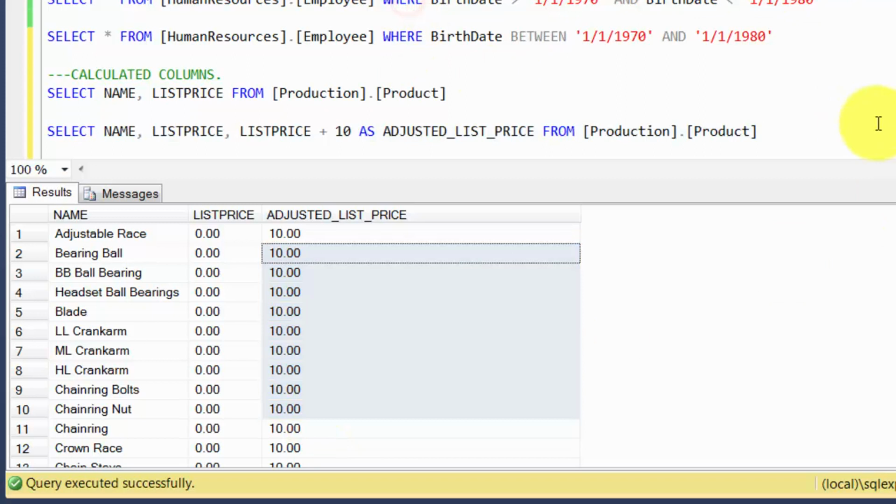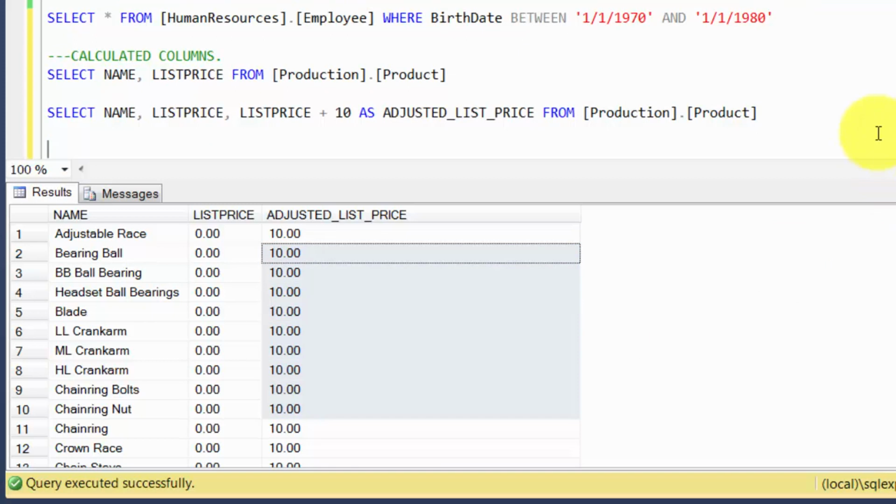Okay, so sometimes these things can be really very handy, and as and when you start writing more complex queries, you feel that these things can really help you a lot to put your logic in certain columns, your inbuilt logic or the logic that you have derived, into certain columns for easier querying.